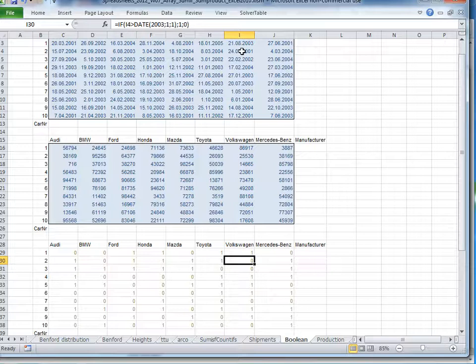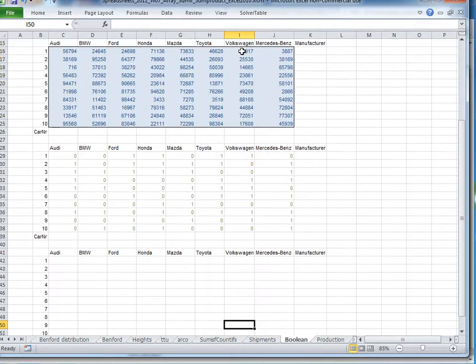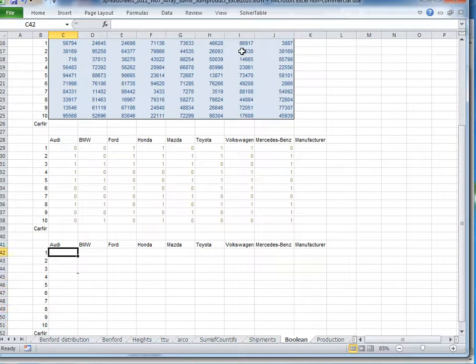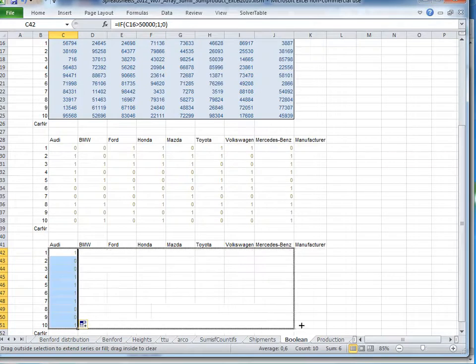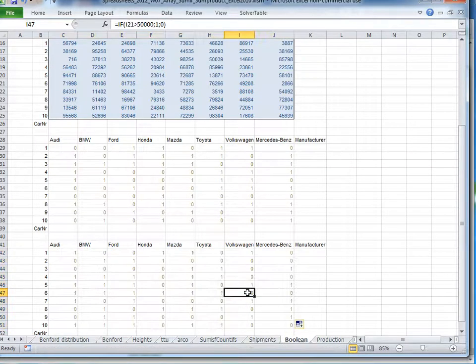Let's see what else we could do. Let's create another Boolean table at first. The table will now have 1 if the car has traveled more than 50,000 miles. So if C16 is bigger than 50,000, then it's going to be 1, otherwise it's going to be 0. Another such Boolean table. Okay. And now what we can do next is we can